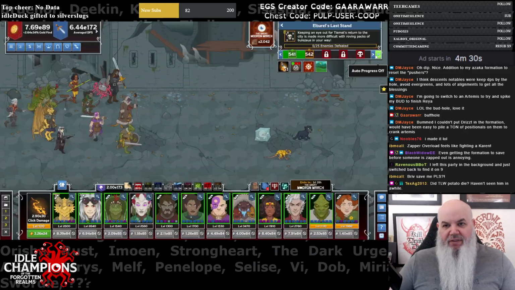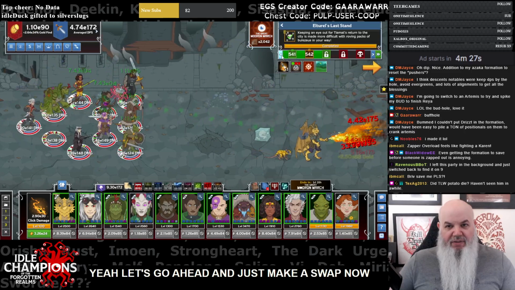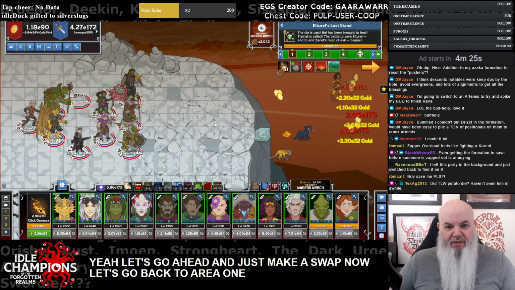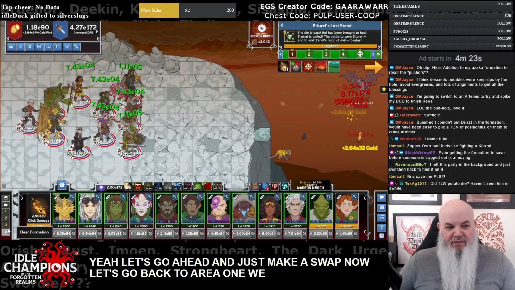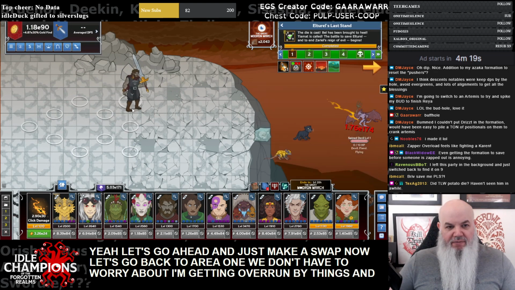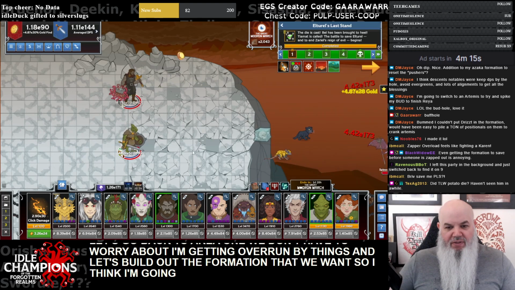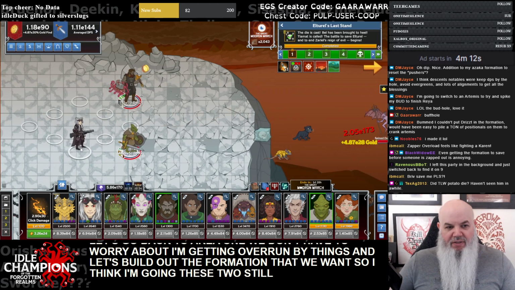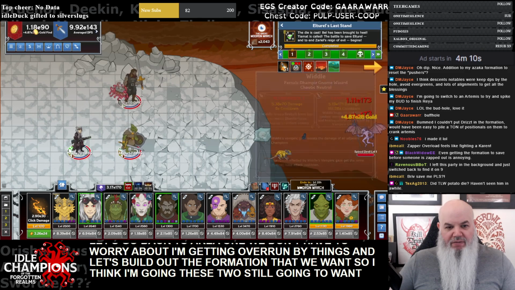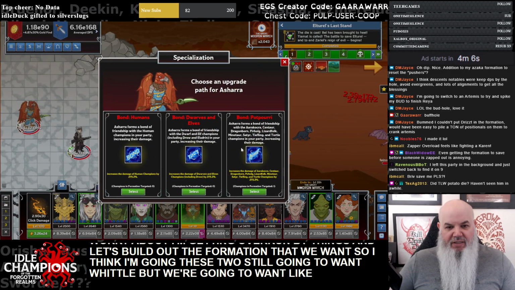Yeah, let's go ahead and just make a swap now. Let's go back to Area 1. We don't have to worry about getting overrun by things, and let's build out the formation that we want. So I think I'm going on these two. Still gonna want Whittle, but we're gonna want like an Asharm, DPS,